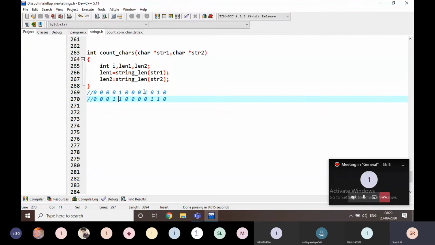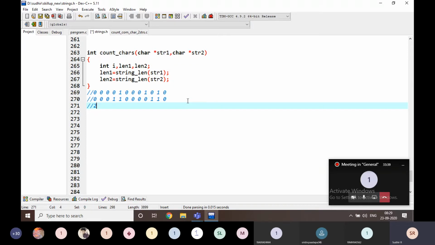Okay, I am not counting here. For example, here this is 1. Is B 1? No, not at all, so I am not counting. In this case also I am not counting. But here A is 1 and B is also 1, then I increment the count. Both ones are only 2. That means only 2 characters are common here. That's simply like this.